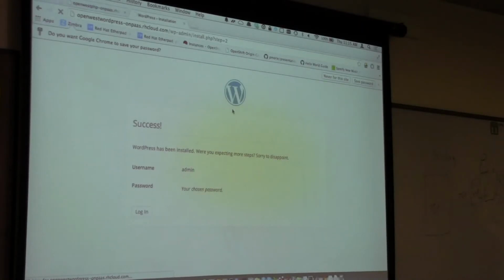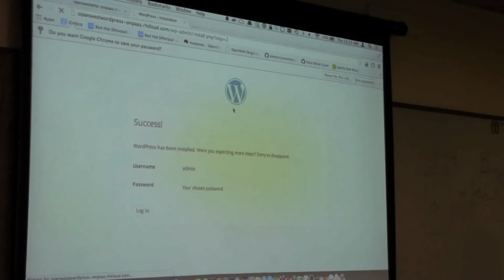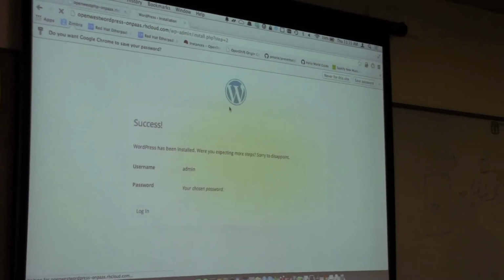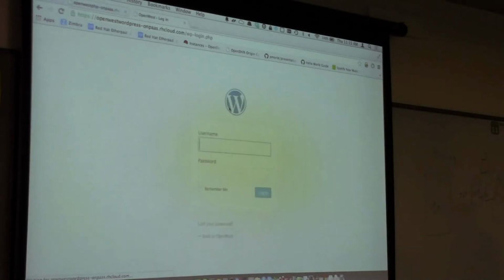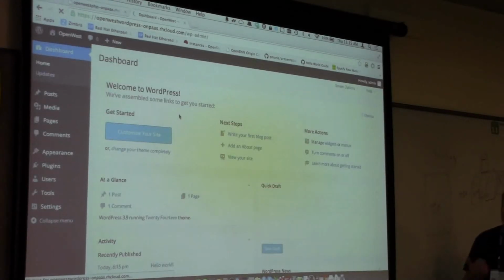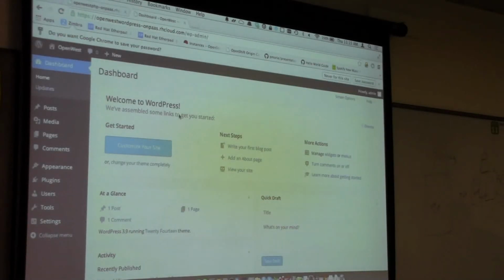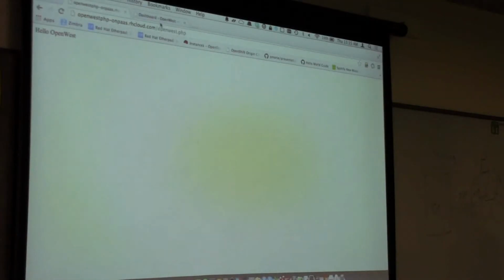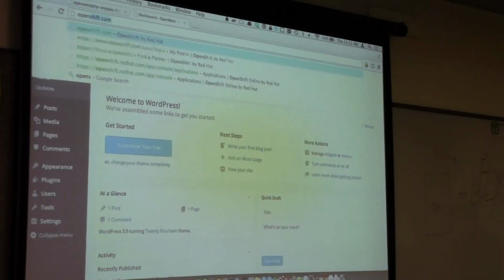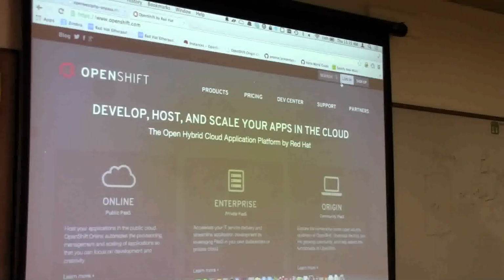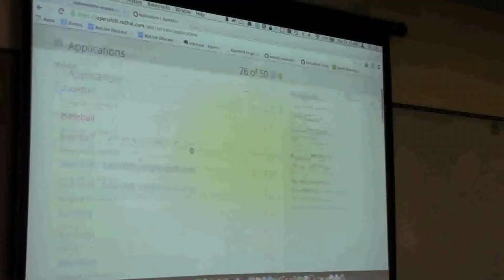And after you're logged in, it's just a standard WordPress. You install themes and plugins and create posts and do whatever the case may be. So now that we have our WordPress application up and running, it's kind of lame because we don't want that big long URL. So I'll show you how to add your own custom domain and SSL certificates to your applications.